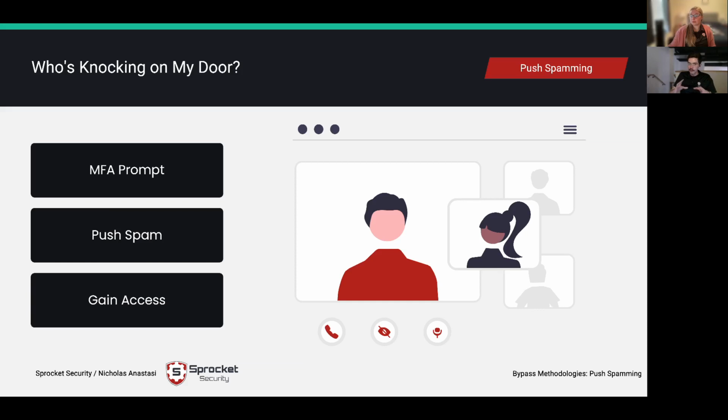Figure out what time I would assume they would start working in the morning. So let's say 9 a.m. I wait about 10 or 15 minutes after they've started working, and they've just gone through the whole cadence and schedule of their morning of approving every push to log into everything they're possibly using. And then we just start push spamming 15 minutes later, and they go, "Oh, something must not have worked, or I lost internet connection right after I logged into the VPN, something along those lines," and they'll